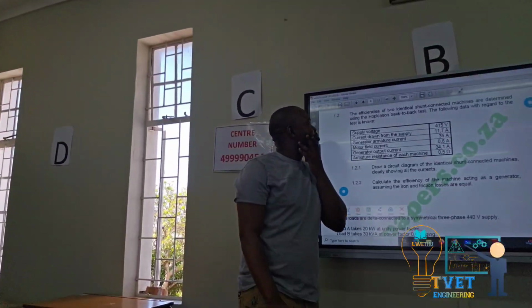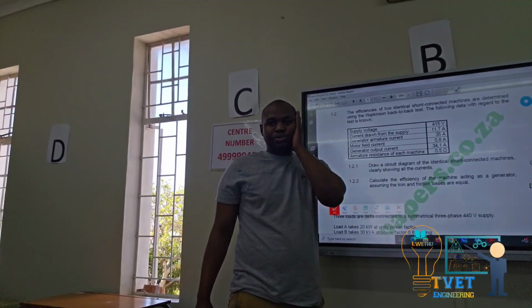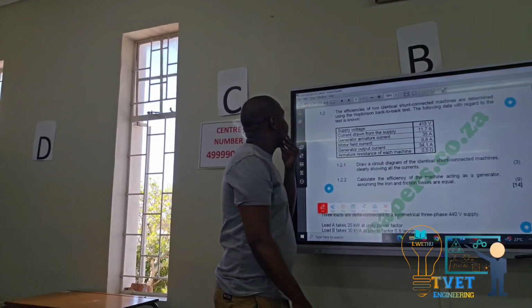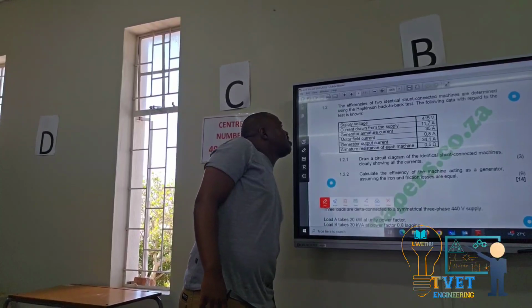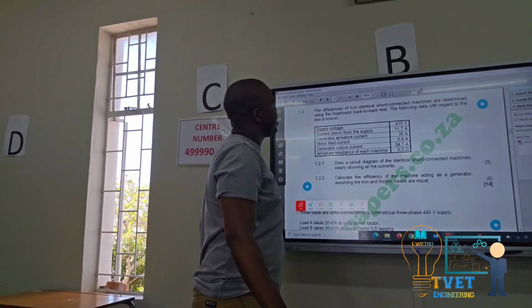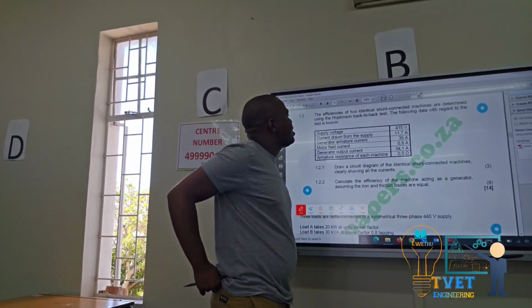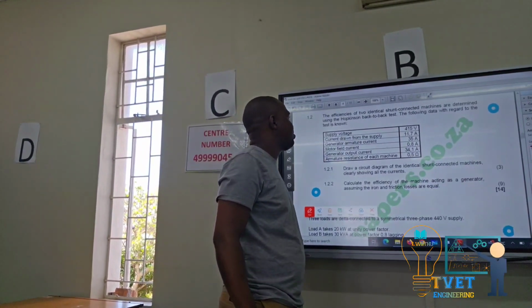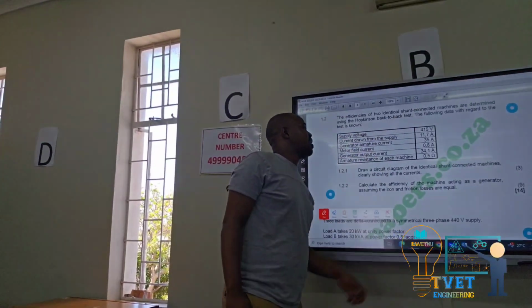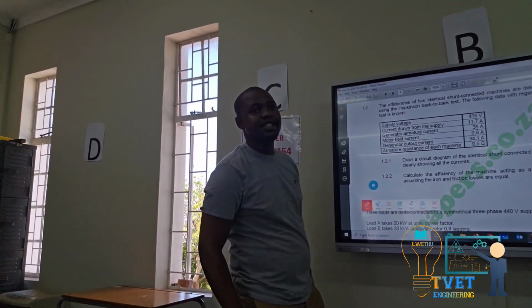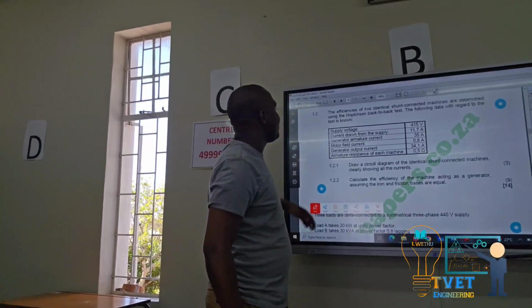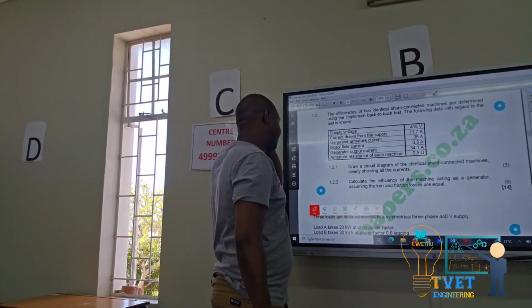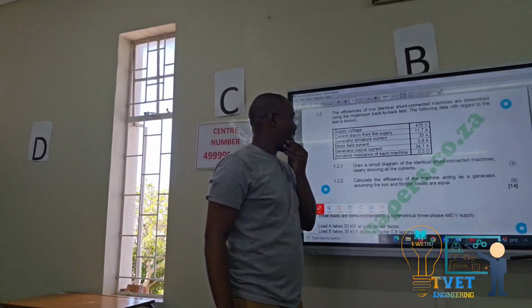A question on Hopkinson's back-to-back test. The efficiencies of two identical shunt connected machines are determined using Hopkinson's back-to-back test. The following data with regards to the test is known. We know the supply voltage is 415. The current drawn from the supply is